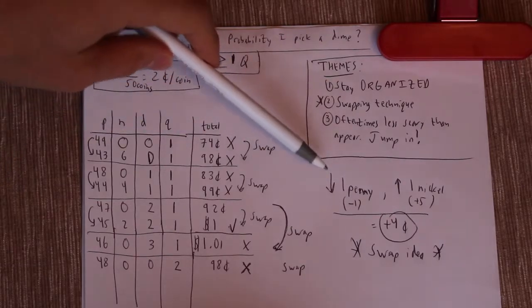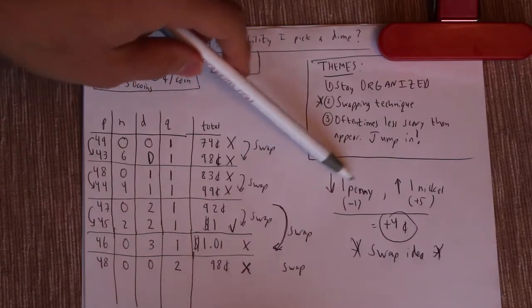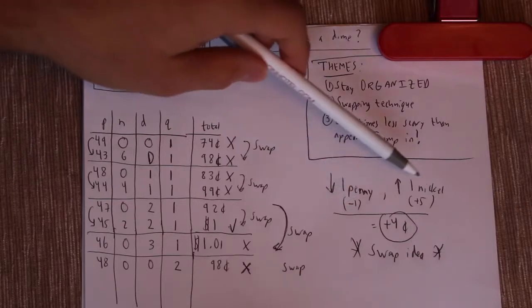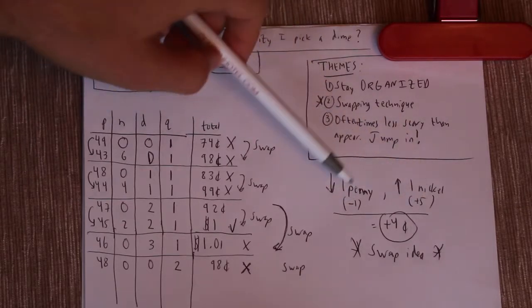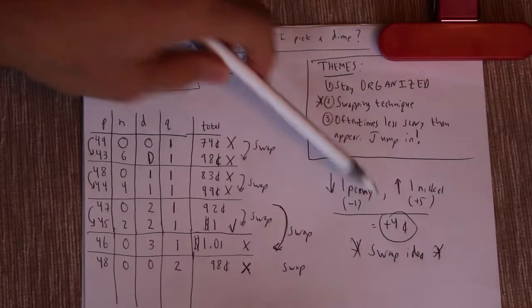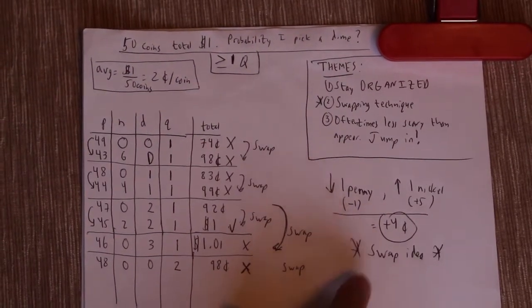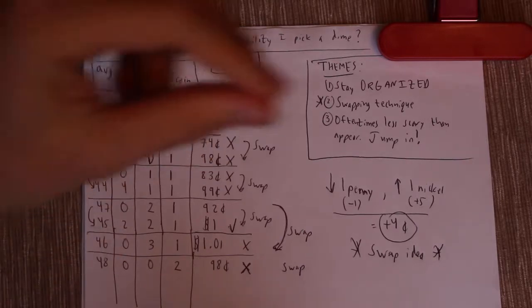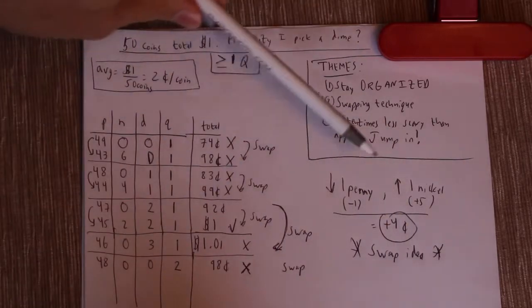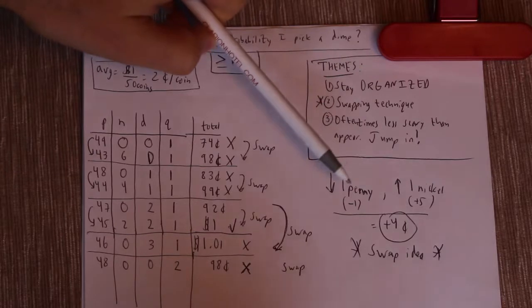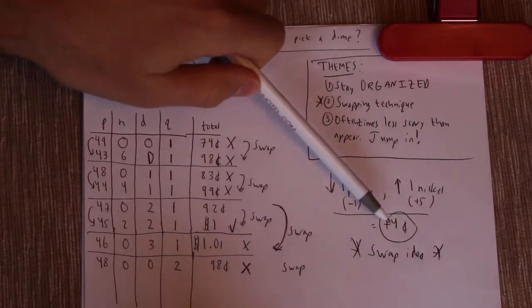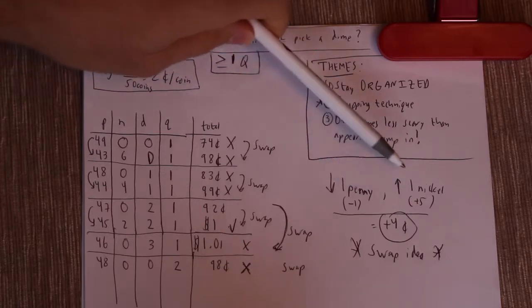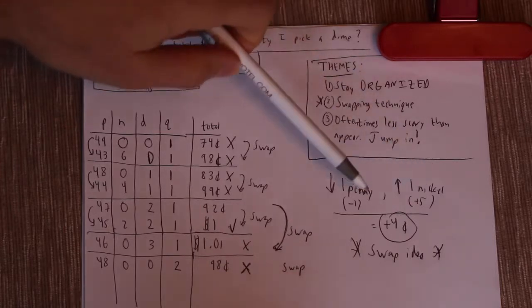Now every time I decrease pennies by one and increase nickels by one, 1 penny is 1 cent, so that would be -1. Nickel is 5, so this would be +5. So -1 plus 5 is 4 cents. So this is the crux of the swap technique. You look at the differential. What happens if I swap this type of coin for another type of coin? So a penny for a nickel can increase or decrease your value by 4 cents, depending on if you're introducing the nickel or taking it away. In our case, we're going to be introducing nickels, usually.